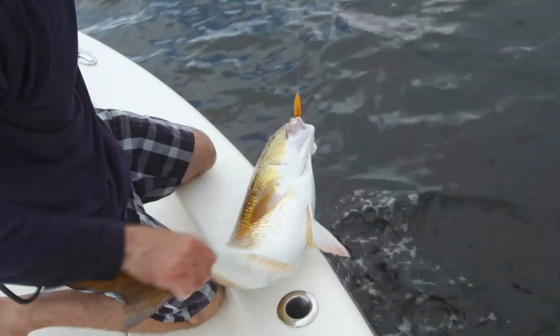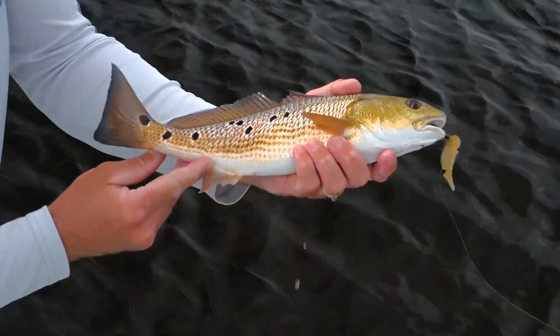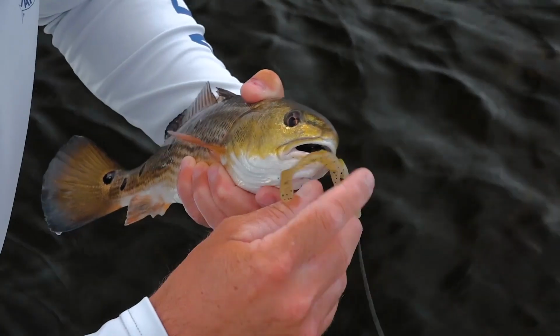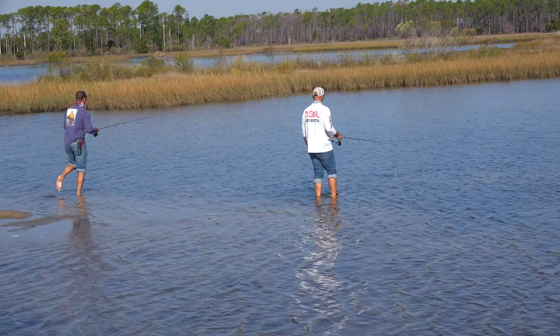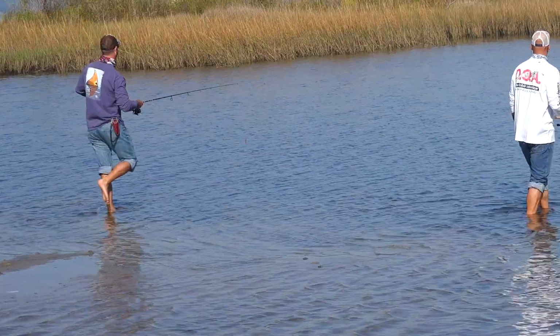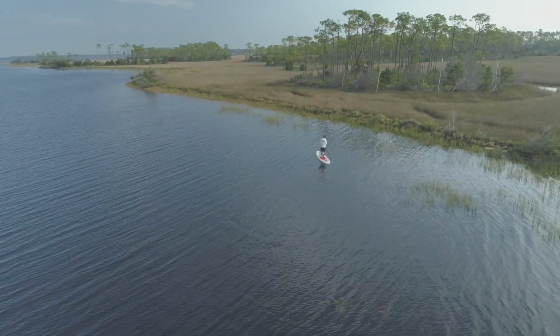This show is all about the redfish. Big bulls out in open water to the little juveniles on the grass flats, they're all fun to catch. Really, targeting these redfish on the grass flats is probably the most popular way to target them. We do it wading. The next one would be on a paddleboard, one of my personal favorite ways to target